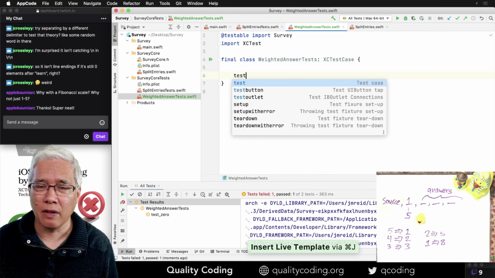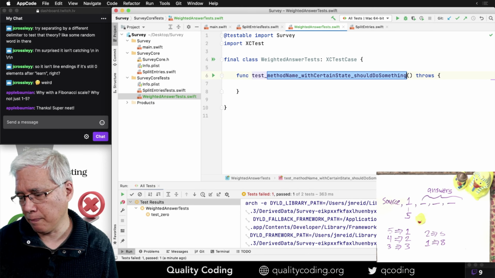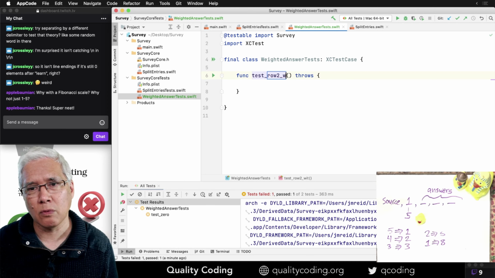But let's create a new test where comma separated row. Let's see. It's like row 2 with interest row, with starting here or starting here.